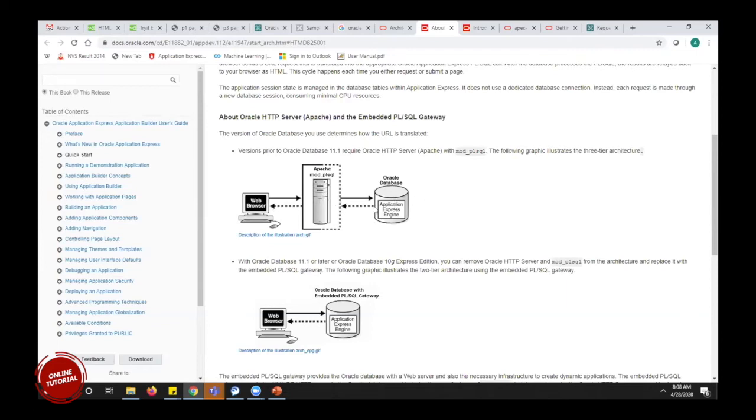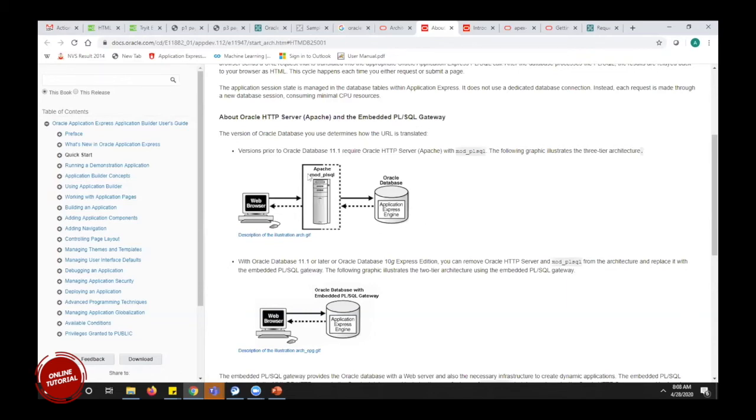The same was happening from the Oracle database to the web browser. It used to come to the mod PLSQL first, it used to decrypt, and then go to the web browser, through which we can see our pages, which it used to load. While this whole procedure was happening, it was taking more time, because we were consuming some time in our mod PLSQL in between, which has now been removed.